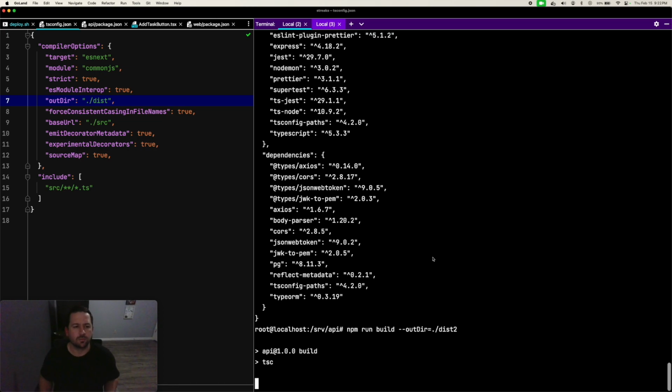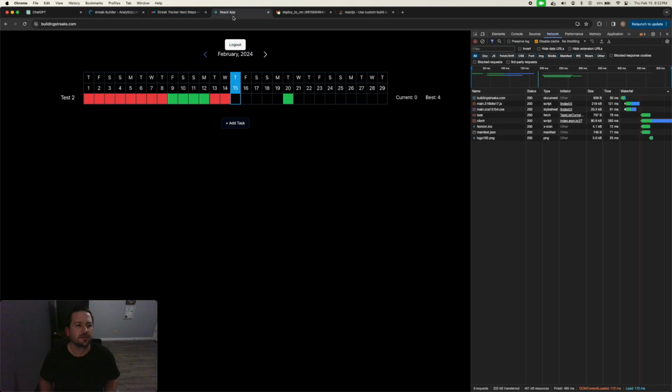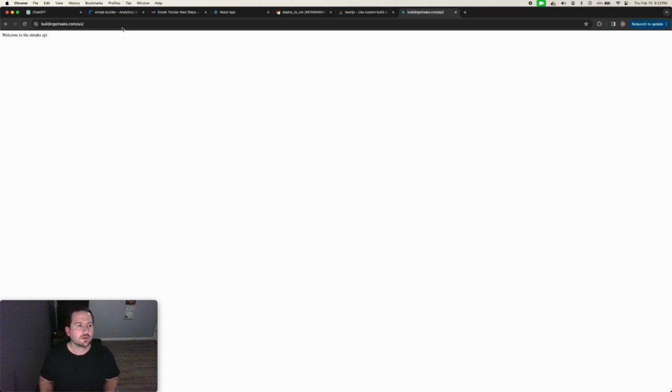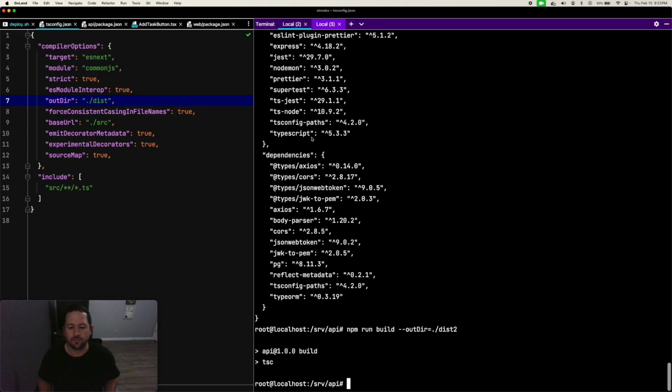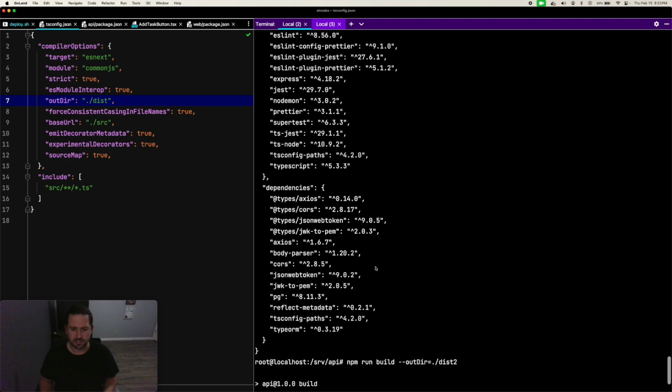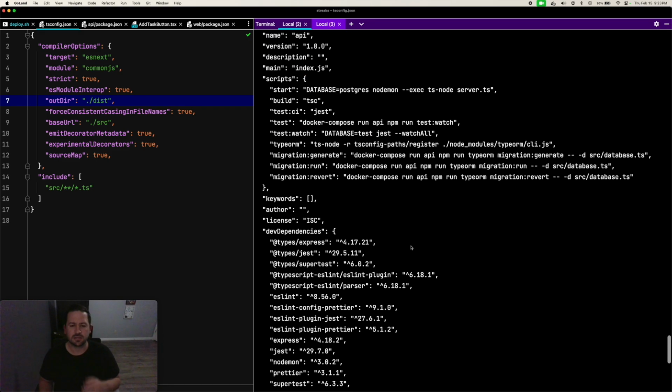And I think when we want to actually test too, because we are testing the API, let's go ahead and, okay, so this is where we can actually test if we're updating. So if you do an ls now, we do not have a dist2 here. Let's see if we can run TSC, TypeScript, and